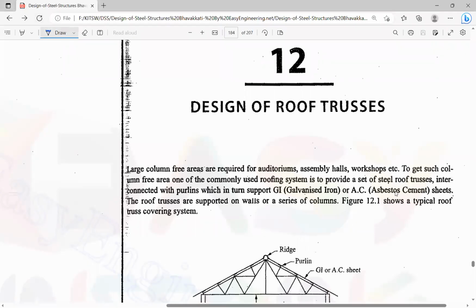Welcome all to the course Structural Design of Steel Structures. In this, we're going to discuss roof trusses. Generally, why do we use roof trusses? The main function of roof trusses is